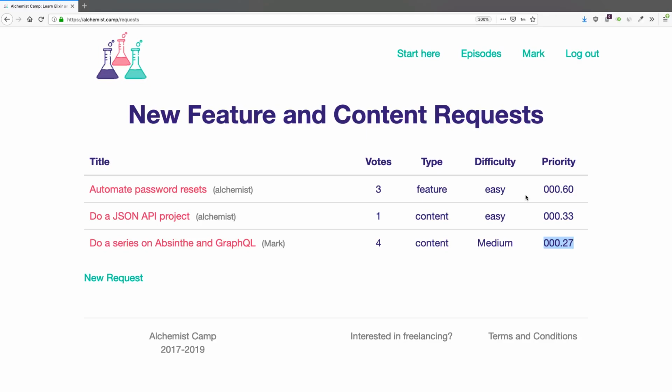Another thing that I would reject would be a request to just give up and shut the site down, or a request to do anything that I think would be really damaging or just contrary to my general plans. Like I'm not going to make a project to teach you how to make a spam bot or an automated insulter that goes through GitHub threads and just insults random people. So it's got to be something that I think makes sense.